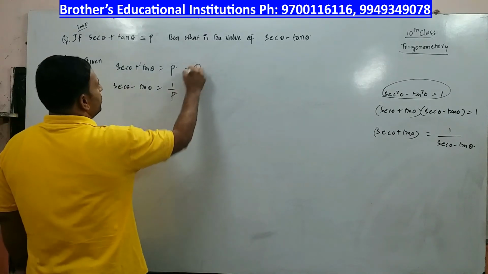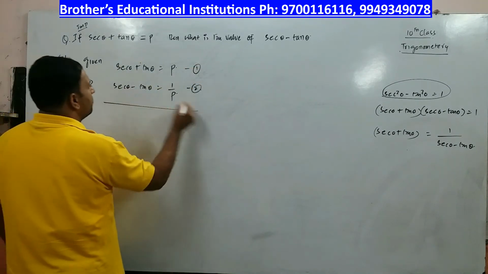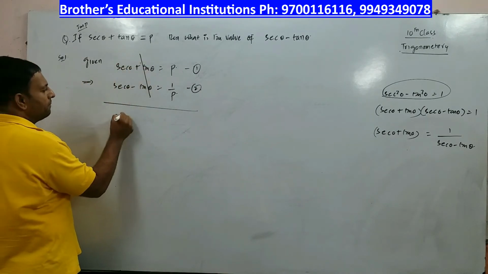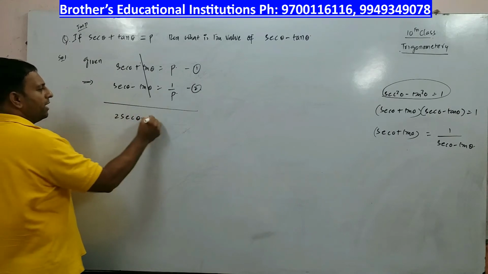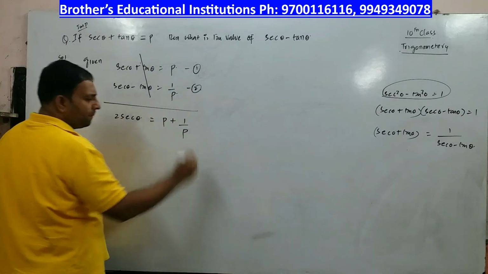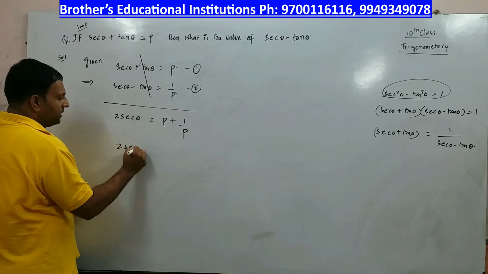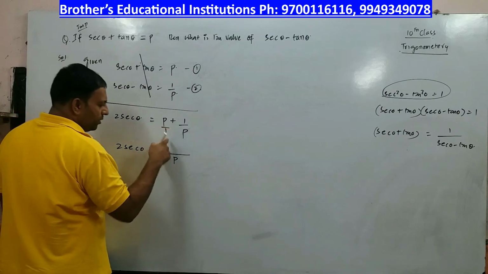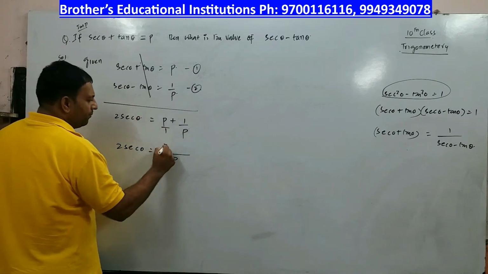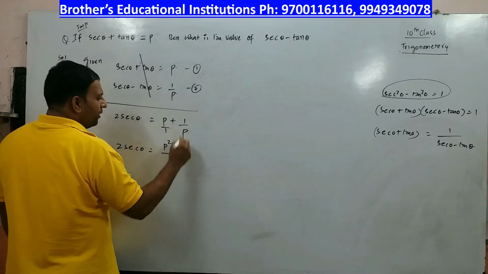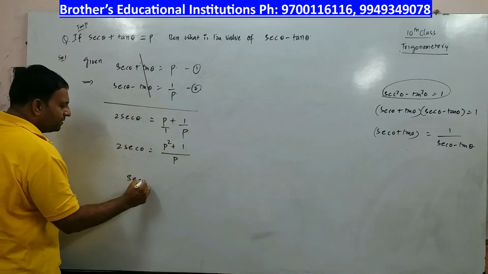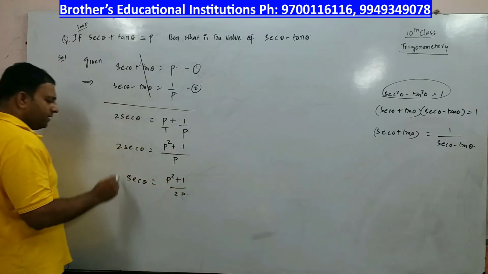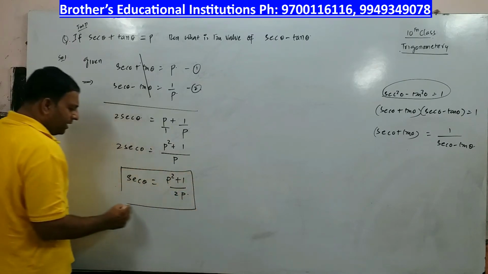So, this is equation 1, this is equation 2. And let us add both the equations. When you add both the equations, plus tan theta and minus tan theta cancel. Secant theta plus secant theta is 2 secant theta, and this is equal to P plus 1 by P. So 2 times secant theta is equal to, what is the LCM? LCM is P. P goes P times, P into P, P square. P goes 1 time, 1 into 1, 1. So you have secant theta is equal to (P square plus 1) by 2P, right? Secant theta is equal to (P square plus 1) by 2P.